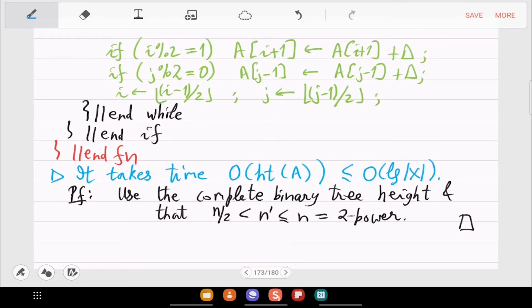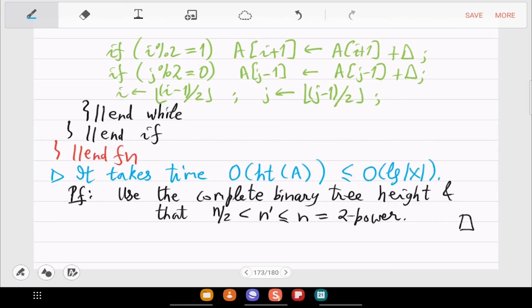Yeah, so that is all in the big O. So the number of integers you had in the array, whether it was a power of 2 or not, still everything will work out and you will get log of that. Okay, this is a general pseudocode. Any questions?